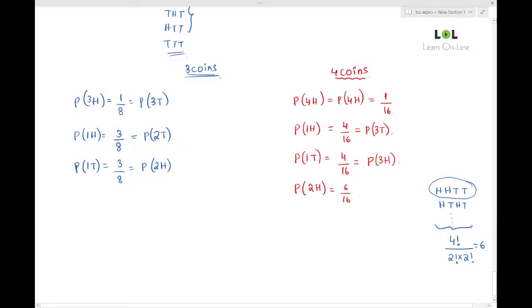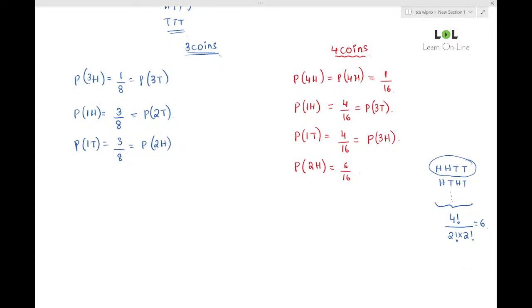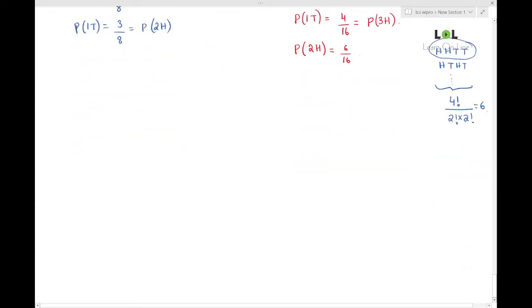If you want to directly calculate this, how can we calculate it, guys? You want 2 heads. You're tossing 4 coins. 2 heads means you will have 2 heads and 2 tails. So how many favorable cases are there? We can calculate them using the concept of forming words. 4 letters, we can arrange them in 4 factorial ways. Again, repetition: two heads are 2 factorial and two tails are 2 factorial. You'll understand this better if I talk about 5 coins.